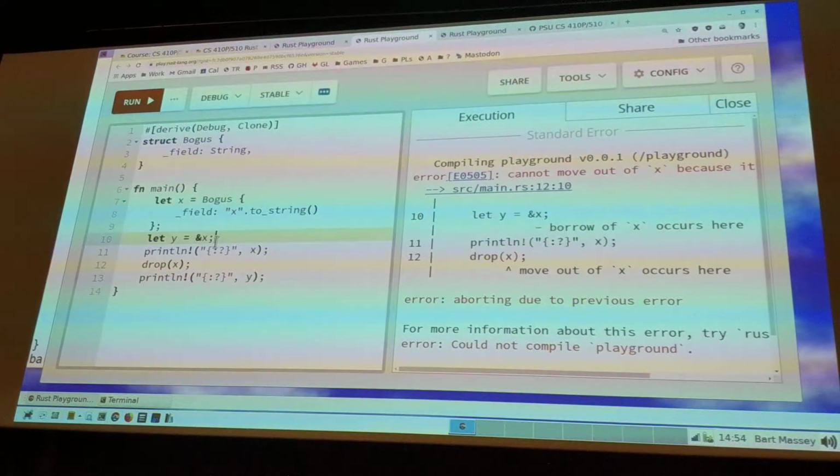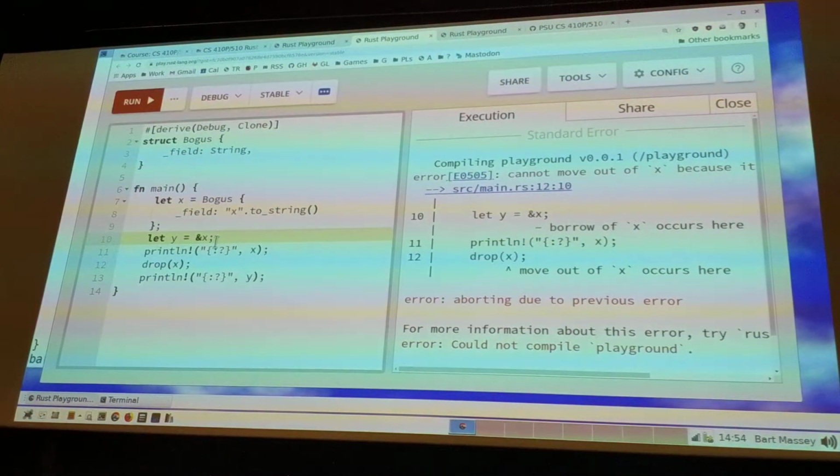So that's today's fundamental truth: the compiler's keeping track of all this stuff for you, and it's going to annoy you mercilessly. You're like, I know what I want to do, and you're not letting me do it, you stupid compiler. Well, it's because what you want to do isn't actually what you want to do, it's just what you thought you wanted to do. You have to figure out what you really want to do now.